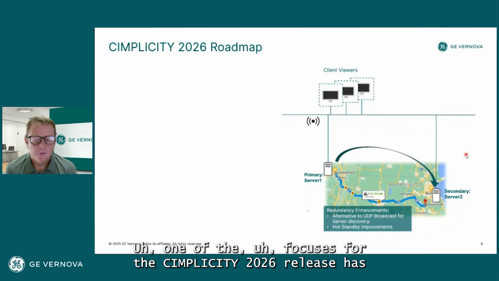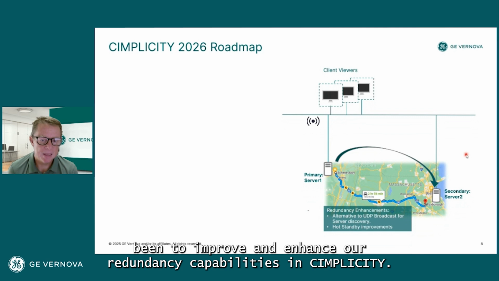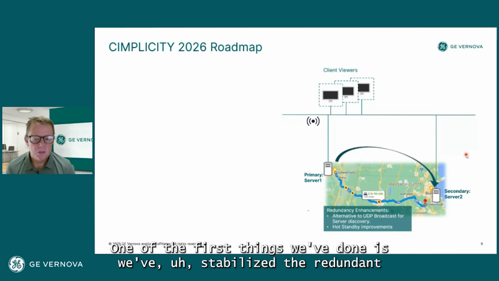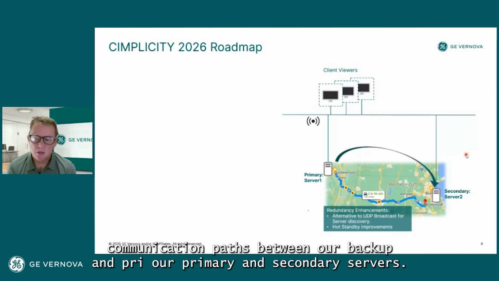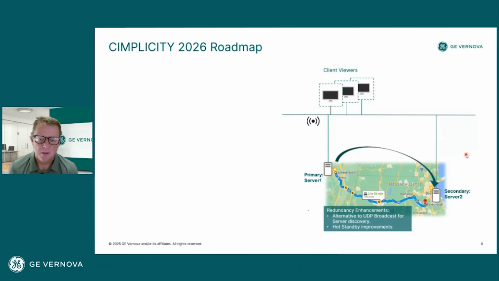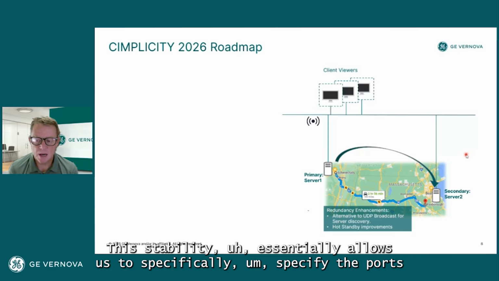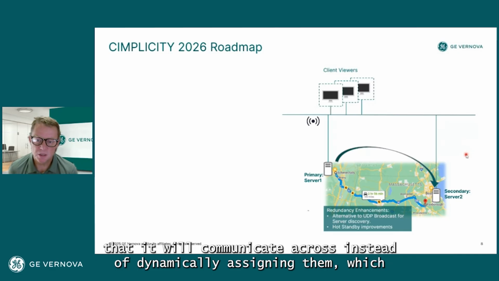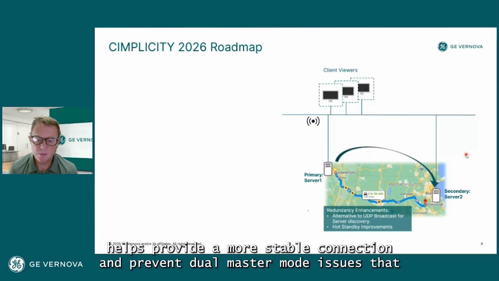One of the focuses for the Cimplicity 2026 release has been to improve and enhance our redundancy capabilities in Cimplicity. One of the first things we've done is we've stabilized the redundant communication paths between our backup and our primary and secondary servers. This stability essentially allows us to specifically specify the ports that it will communicate across instead of dynamically assigning them, which helps provide a more stable connection and prevent dual master mode issues that are sometimes observed